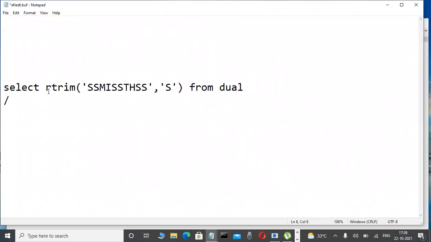Now TRIM, can anybody guess it? TRIM, what is the output? Trim means what is the output? Yes, very good. Here, TRIM means what is the output? Very good. Here